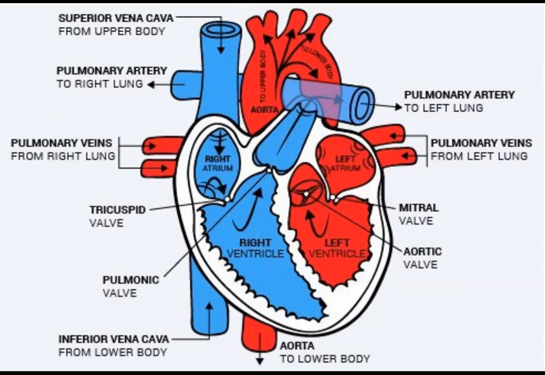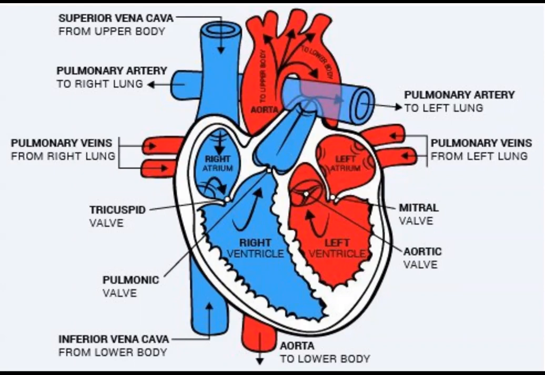But for whatever reason, we decided that we were going to call these two going to the lungs arteries and not veins. All right. So with that being said, let's not dwell on that. Those are the pulmonary arteries, and they take that deoxygenated blood to the lungs, from the right side of the heart to the lungs, and the lung